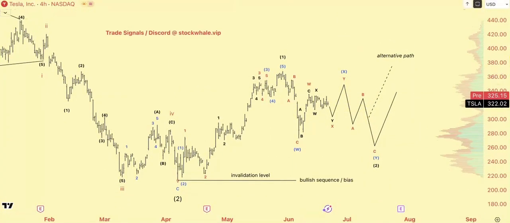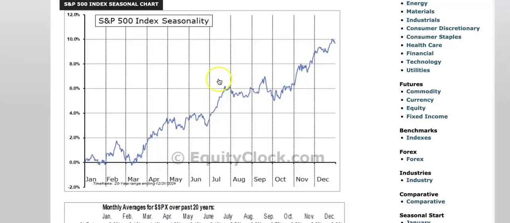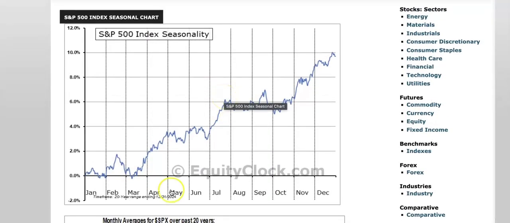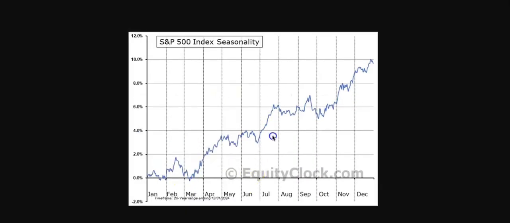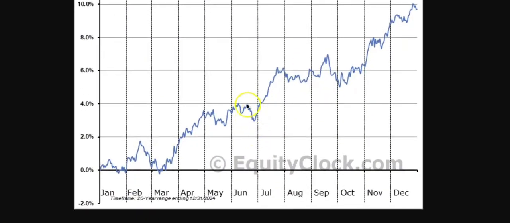All right. Now, some things to keep note of is the S&P seasonality index. You can see typically in June, guys, the last 2 weeks in June is historically bearish. So, we're going to expect that. We're going to make sure we keep our risks in order. But look at July. This is when the pump starts.